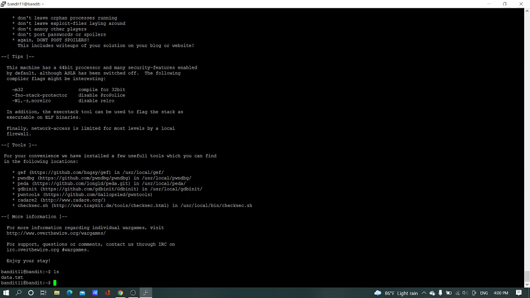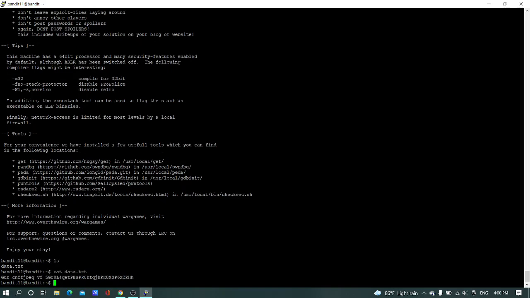Then we can use the cat command. Now we can use alias rot13